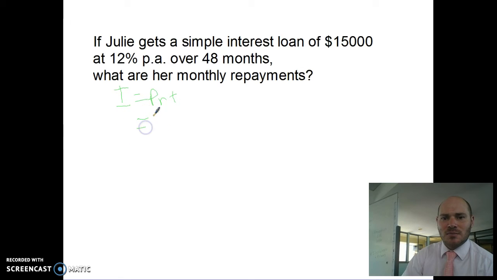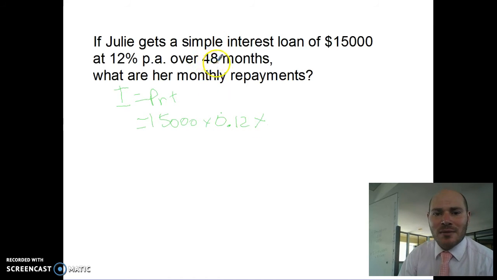So the interest again is PRT. The principal, she's borrowing $15,000. She's doing that at 12%, which as a decimal is 0.12. Now you have a look at your time, 48 months. We're not going to write months, because remember we said that the time needs to match the rate, the unit. So 48 months in years, I just go 48 divided by 12, and so I end up with 4 years. Again, that's exactly what I punch into my calculator: 15,000 times 0.12 times 4, and that will give me